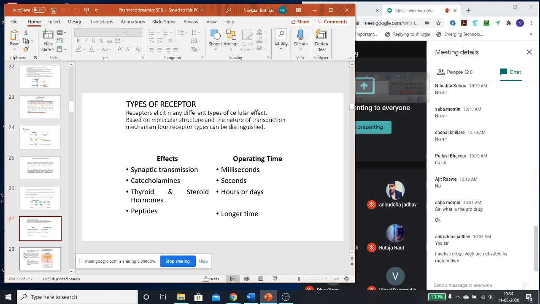So these are the drugs which are actually inactive in situation, and they are activated because of the metabolism in the body. Although I will tell you later, or you can understand later, just like if you have studied digestive system, SABA, okay, the digestive enzymes are actually inactive in nature when they come in contact with hydrochloric acid. Okay. So the pepsinogen is converted into active pepsin.